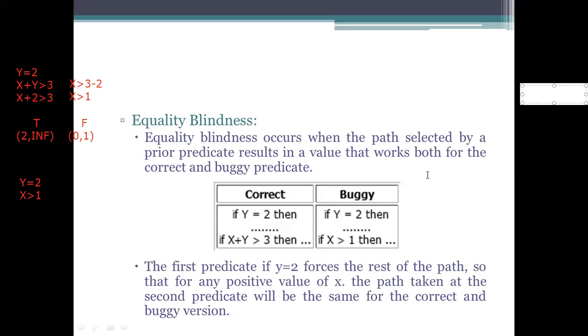So this one's set is 2 comma infinity, 0 comma 1, or the set. Whenever this starts to execute, when we are taking the input value which is 4, then only it starts the execution.